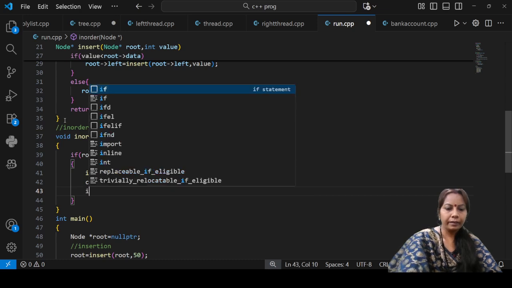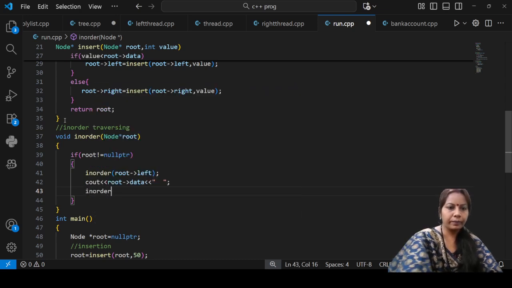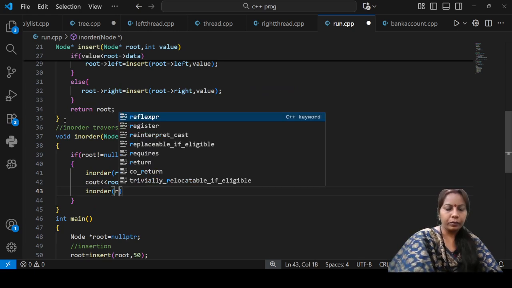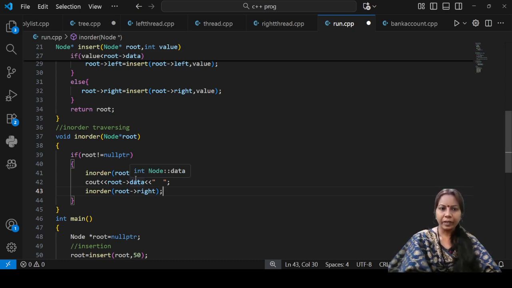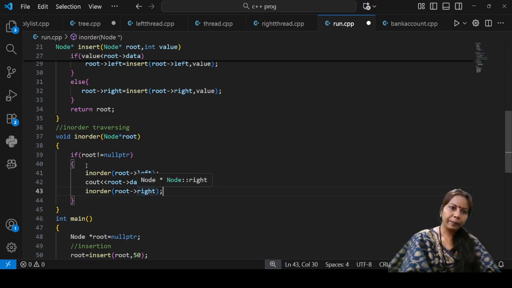Now again in order, here the root that will point to your right node. Simple. Okay, now terminate this. In order का rule हमारा क्या है? Left, root, right. At first this visits your left node, now this will visit your root node, and now this will visit your right node.